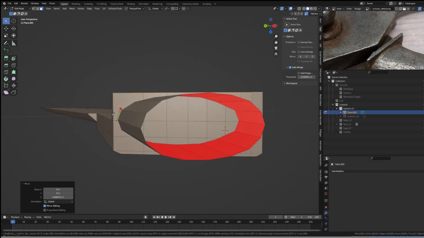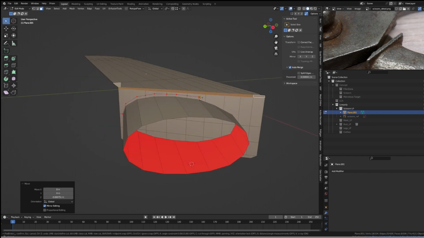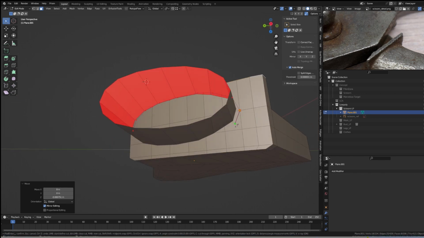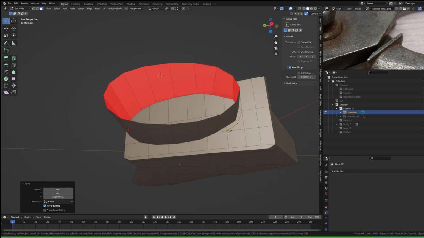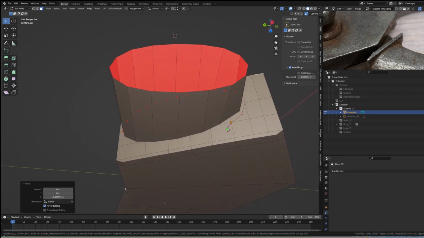We want the distance to it, so it works out quite well. Just go around like this. And like I said in the beginning, we worry about the quads and tries later. So